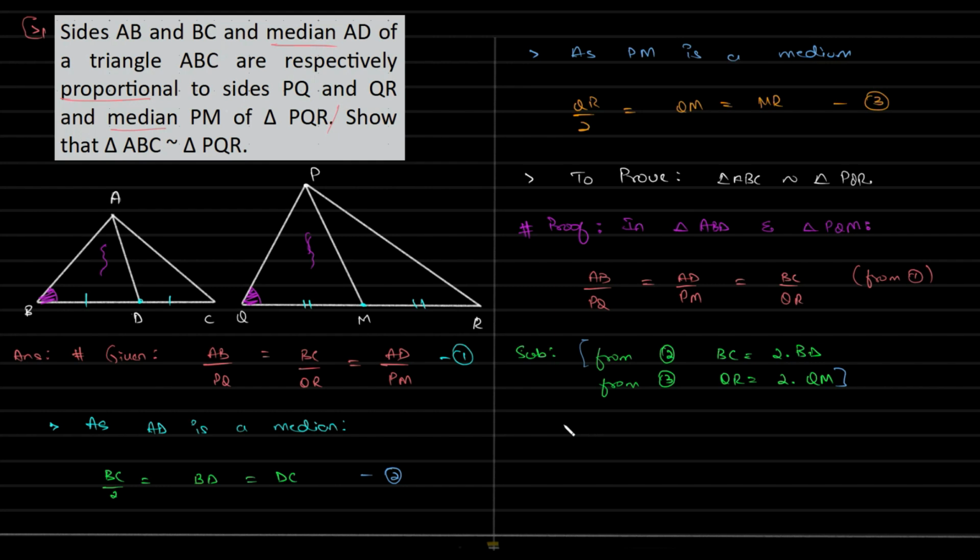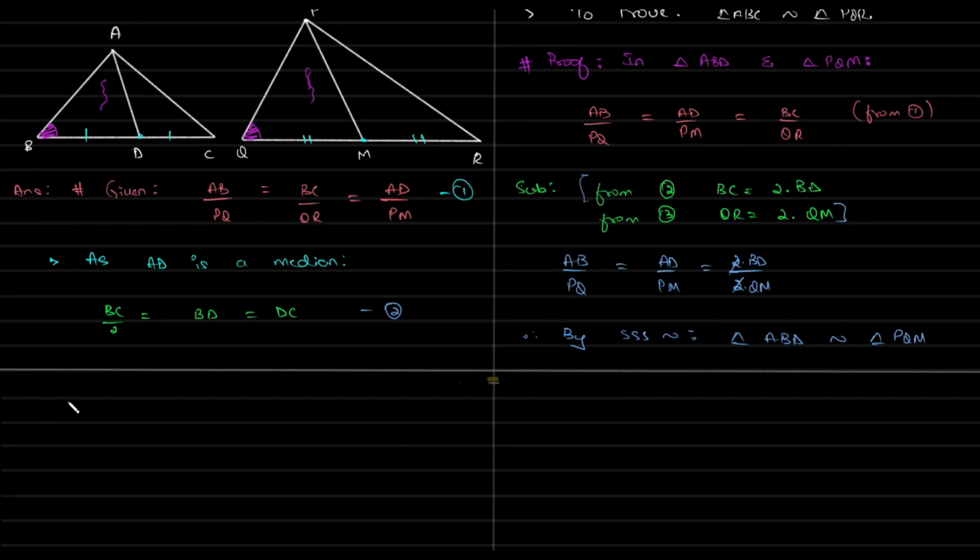If I substitute it over there, we have AB by PQ is equal to AD by PM is equal to, in place of BC and QR, 2 times BD and 2 times QM. The 2 gets cancelled and we have this. And so therefore, by SSS similarity,